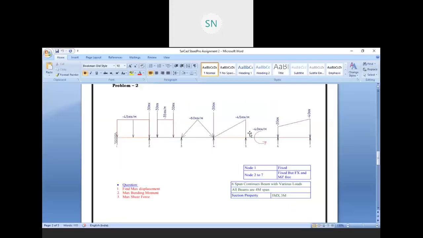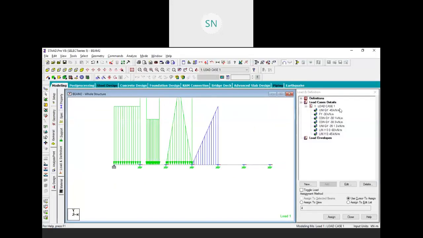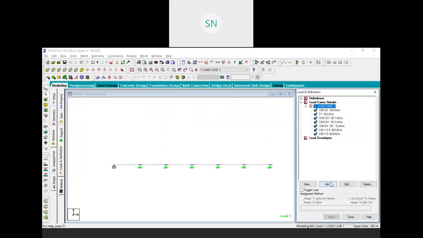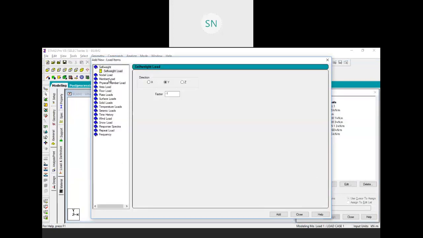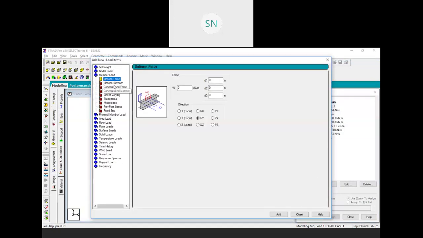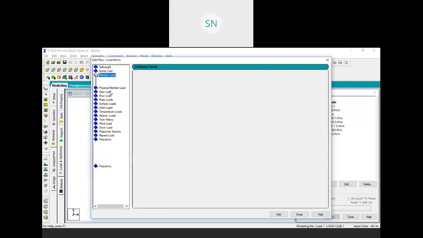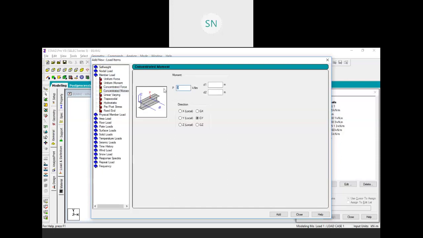Similarly, next we have a concentrated moment of minus 40 kilonewton per meter. Click on add, member load, concentrated moment minus 40, but this time we have to choose a different direction.